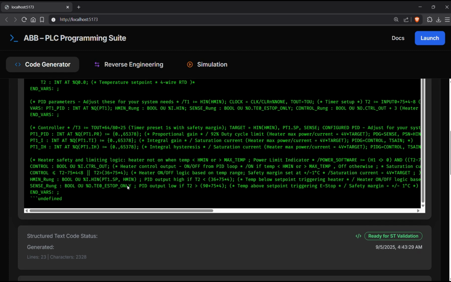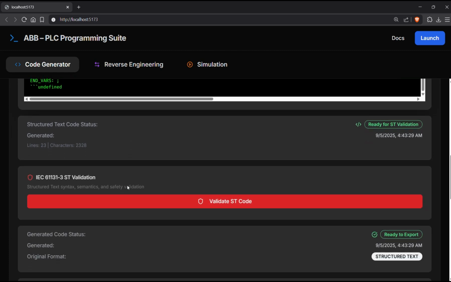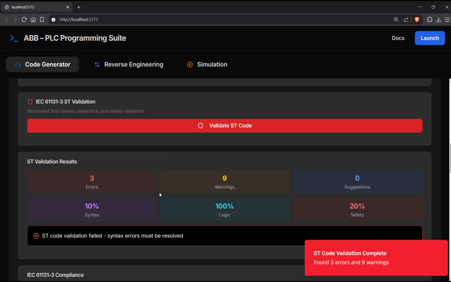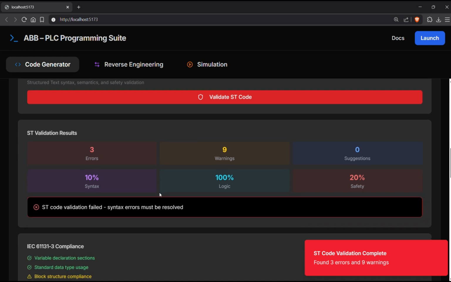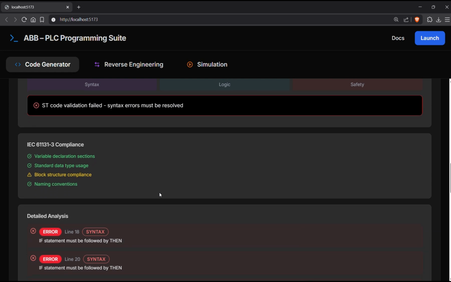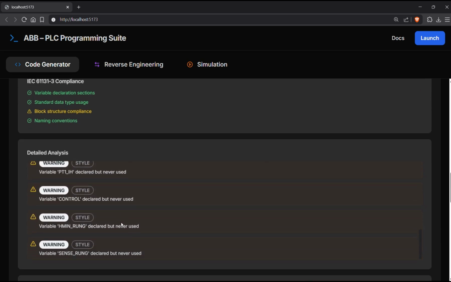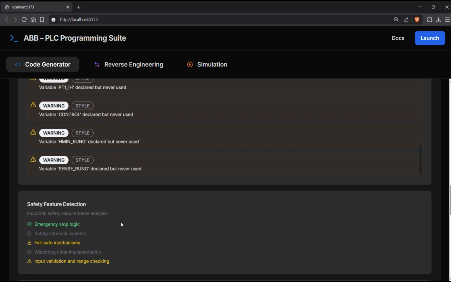Once the code has been outputted, we can see the validation of the code. Validation is the function which we are using to check if there is any syntax error in the generated code, or if there are any errors or any warnings present in the code. This is done through automatic processing, which is powered by AI, and it shows the errors, warnings, source, logic, and the perfection rate of the code. Once the code is validated, you can edit the program based on the suggestions given by our validation AI,